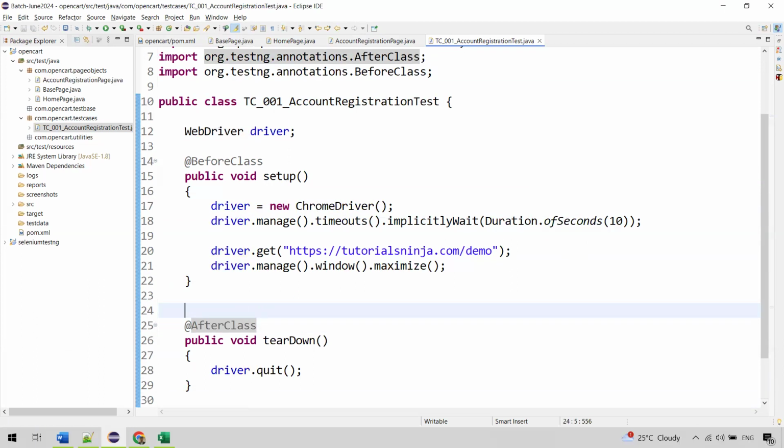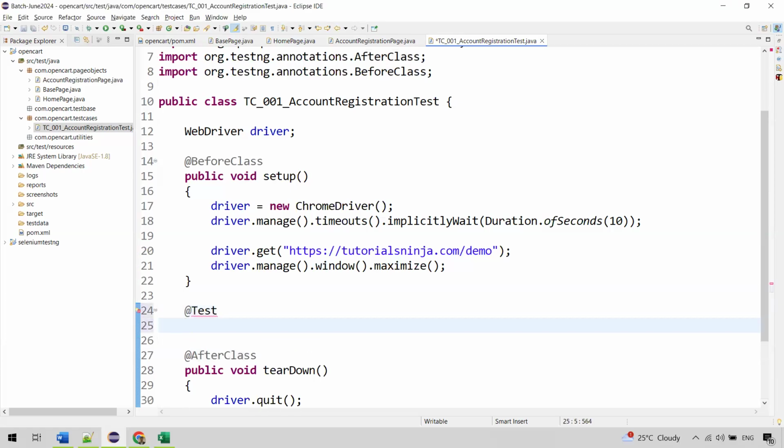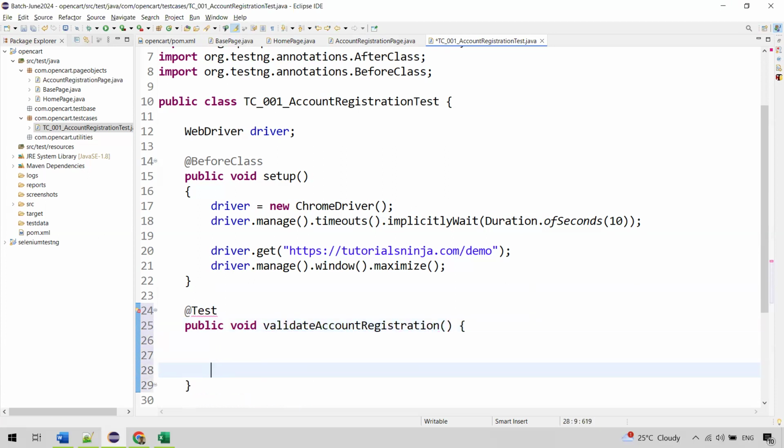Now we'll write the actual test case. So we wanted to validate this, right? So validate the actual test case. For that, what we'll do is @Test and then public void. So we'll write a method. I'll call this method validateAccountRegistration, and within it,